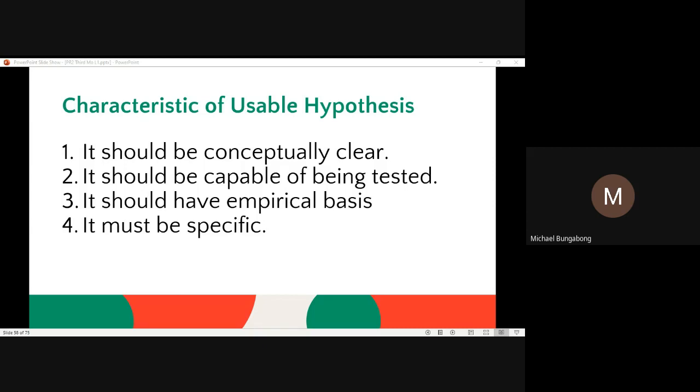meron pa rin nag-observe yung contract. Okay? And then after that, so they need to check na yung kung may All right, so they need to check